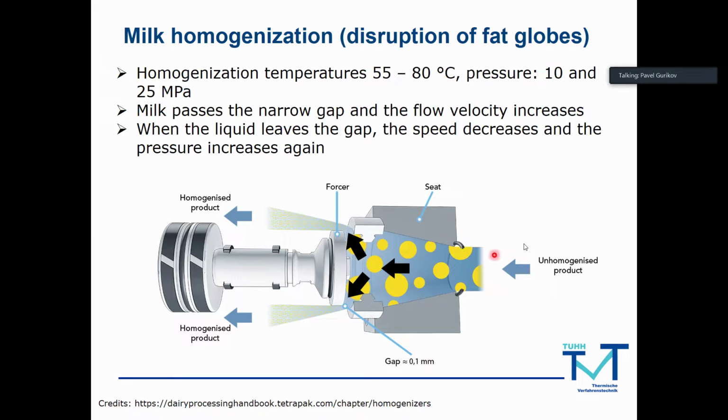Obviously, this process can be run in a continuous way, so nothing stops you from continuously pumping your unhomogenized milk through a small gap. Surely you have to apply relatively high pressure. Pressure here and here are very different, so we're talking about tens of megapascals, so it's hundreds of bars actually, and